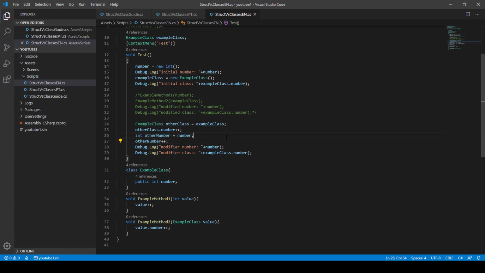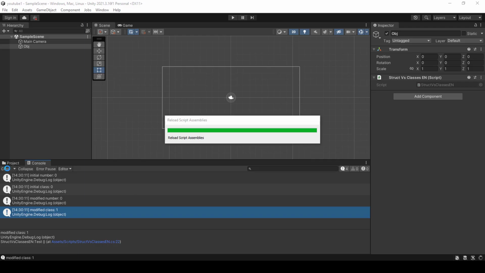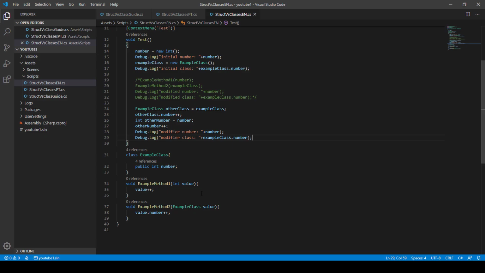I messed that up a little bit. Okay, and then we print it. So what do you think we are going to get here? Again, the same thing as the example with the methods. The other class and the example class hold a reference to the same memory address, so they're exactly the same thing with a different name,